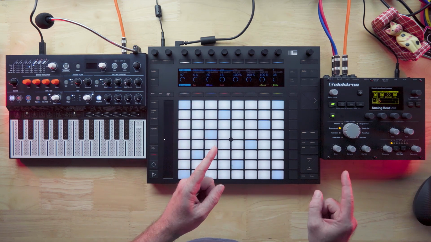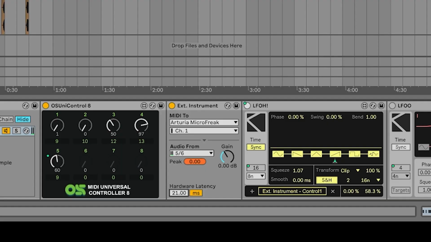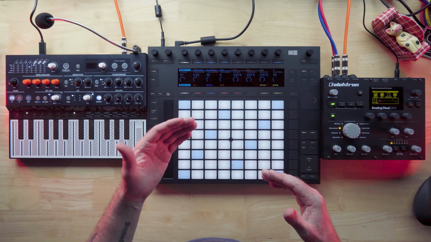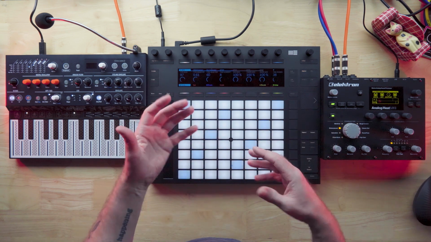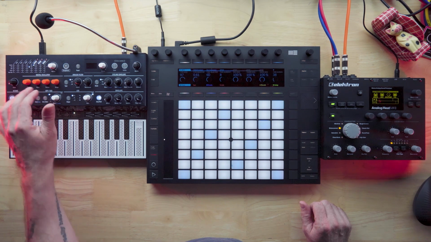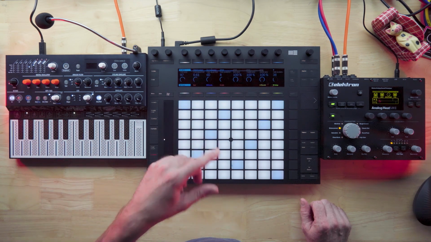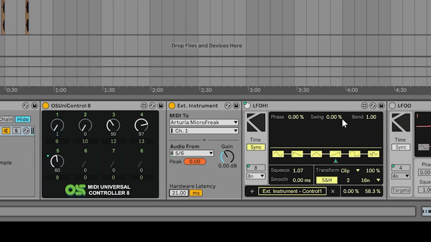Okay, so what's going on here? Well, that LFO device that we see in Ableton is sending out a wave shape, and I can actually change the wave shape with this knob. The reason that I want to do that is because that will change the shape of the oscillator selection, the type selection. I also have control over the time numerator of that oscillator, which controls the speed of it. So between that, I have the ability to shape, as a sort of automation lane, how the oscillator type is played back. The trick to this, though, is turning on the sample and hold function in the LFO, because that samples the otherwise smooth wave shape, which would just kind of cause chaos when it scrolled through here,